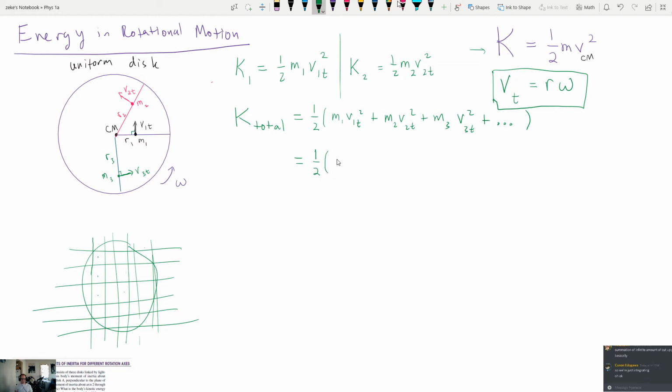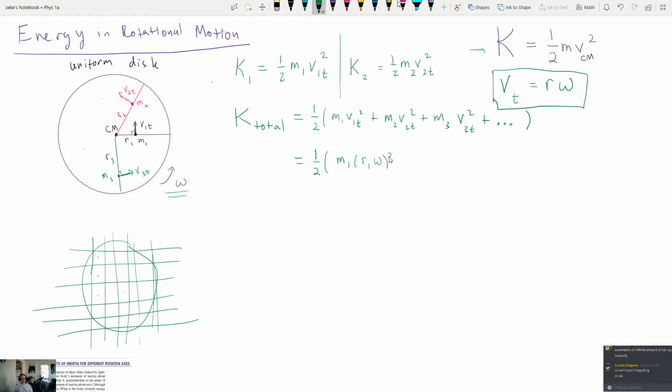We're going to have m1 times v1t squared now become r1 multiplied by omega. The good thing is that there's no omega 1. Remember that the entire object has the same angular speed. That is really important for this. No matter if I pick a piece here or here or here, every single piece of the object has exactly the same